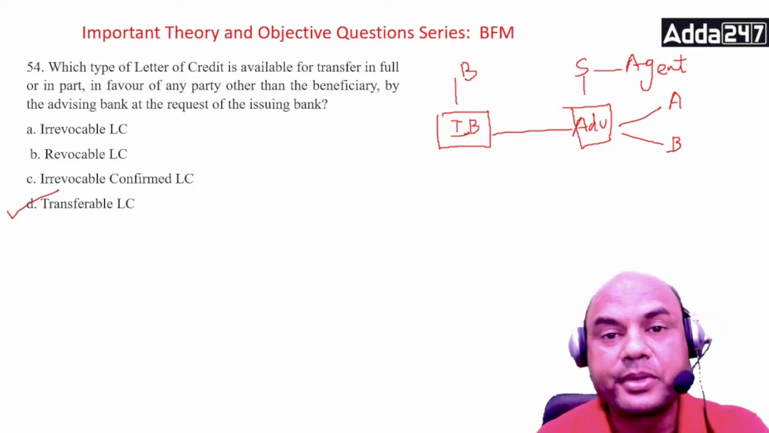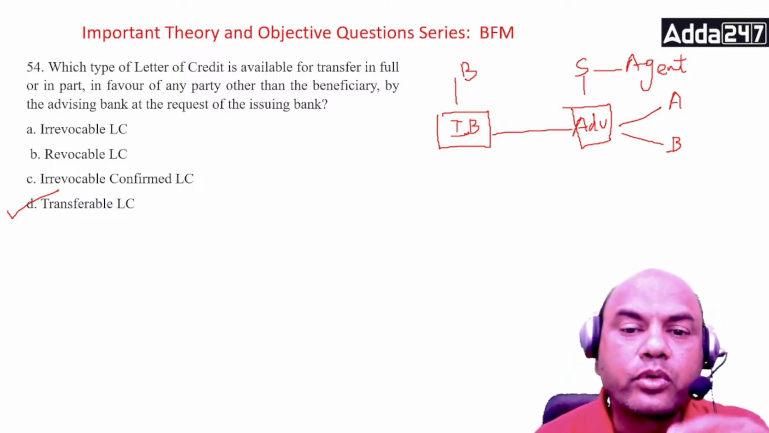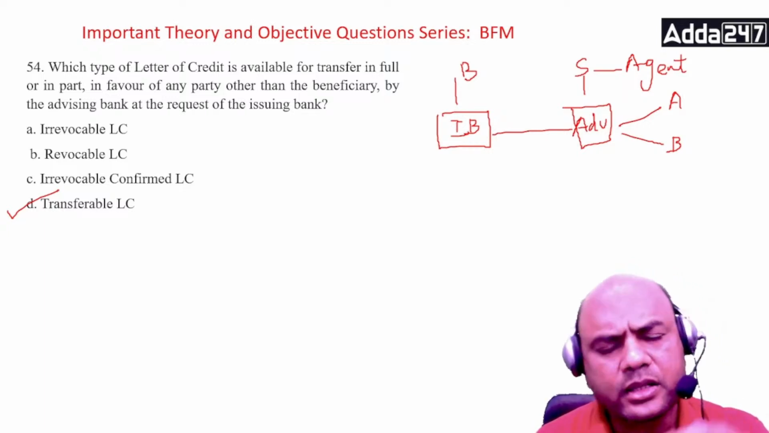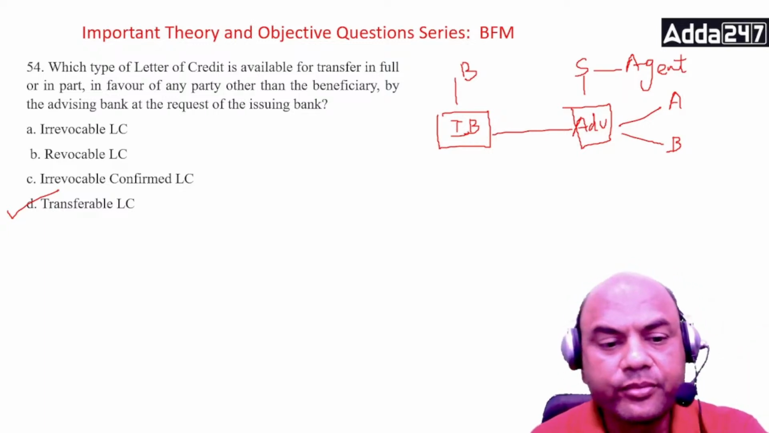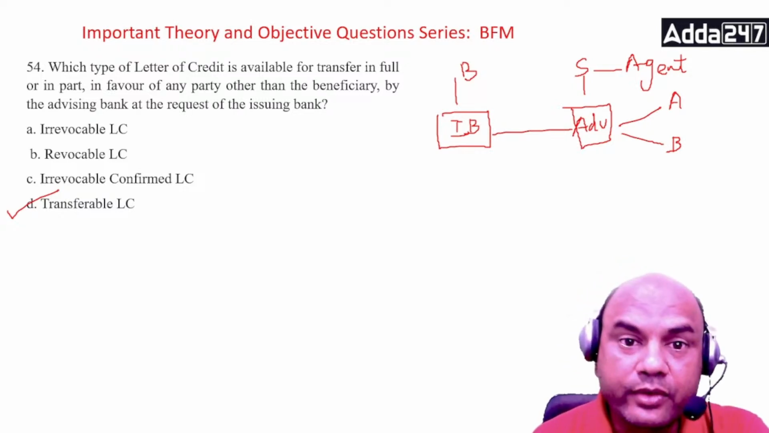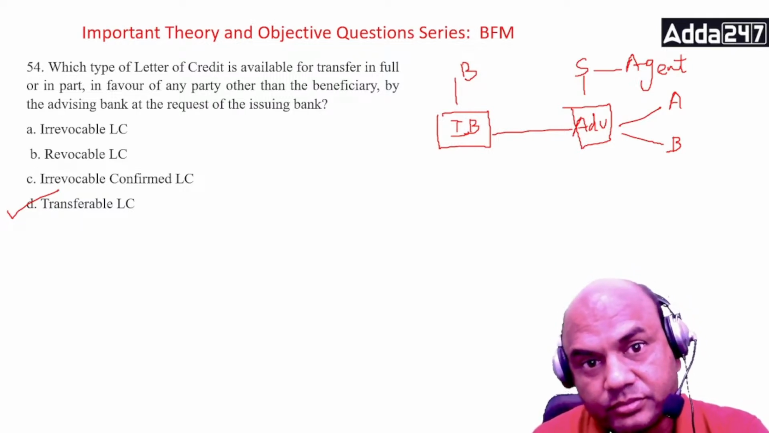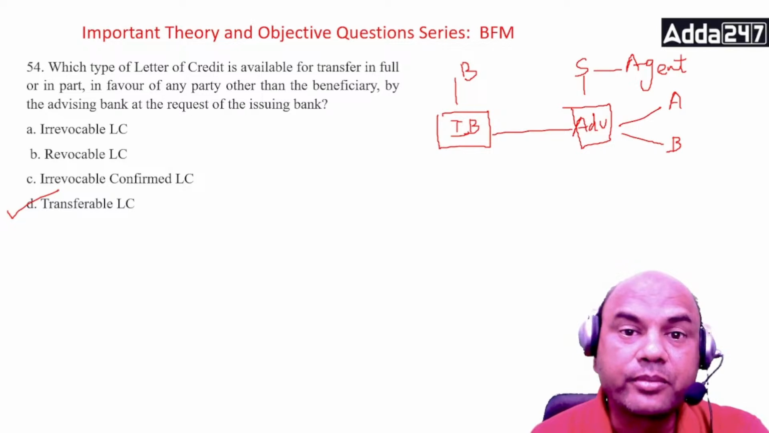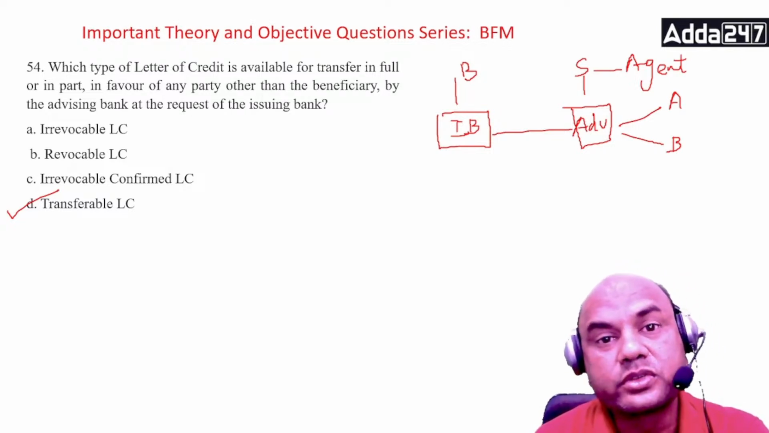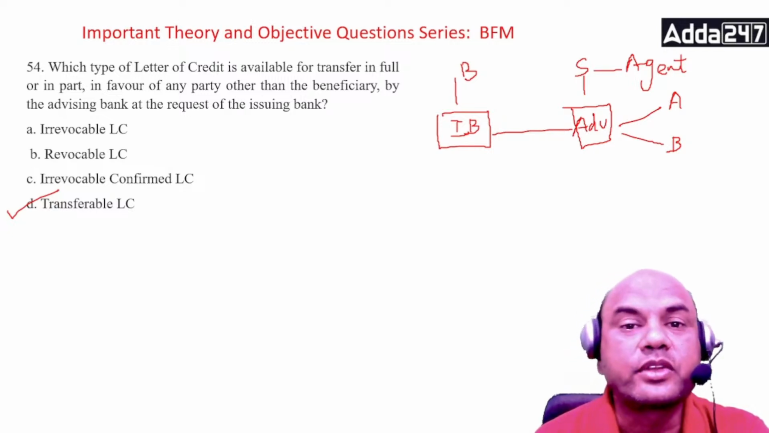Remember, full or part means I can transfer the full amount to only A, or I can transfer part of the amount to A, part to B, part to C, D, 1000 guys I can transfer, in favor of any party other than the beneficiary. It is done by the advising bank at the request of the issuing bank, and also at the request of the first beneficiary, meaning your seller. The seller should give you in writing,